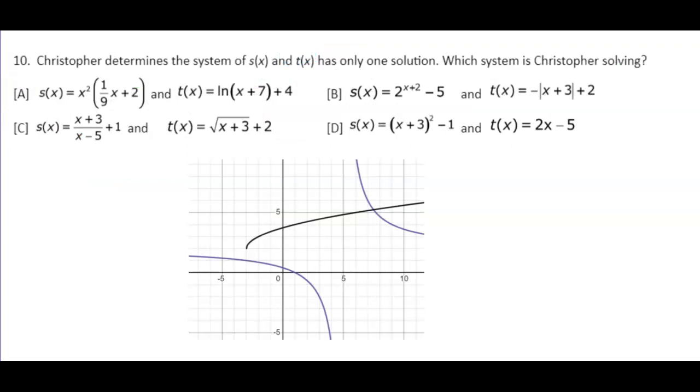Alright guys, wherever possible we want to use our technology to help us, especially since you only have 75 minutes to take this final. In this one, Christopher determines that the system between S of x and T of x has only one solution. Which one is he solving? We do not expect you to solve these. If you look at them, they're kind of nasty. What we are expecting you to do